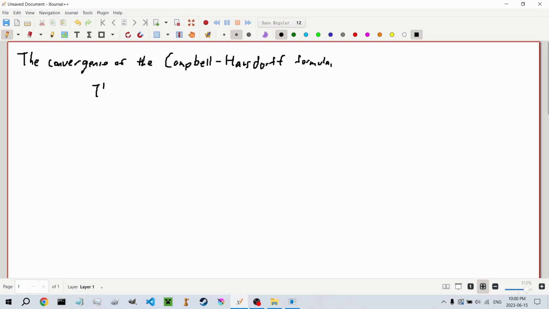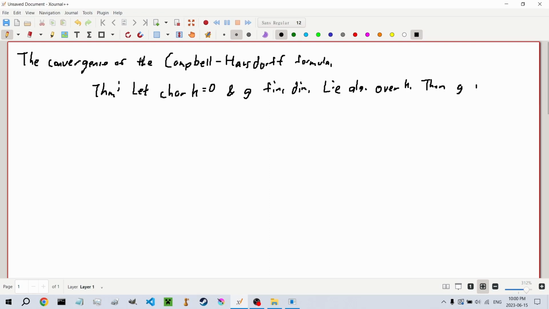We start off with the theorem. We're going to be in characteristic 0 first off, and we're going to let G be a finite dimensional Lie algebra over K. Then G is the Lie algebra of an